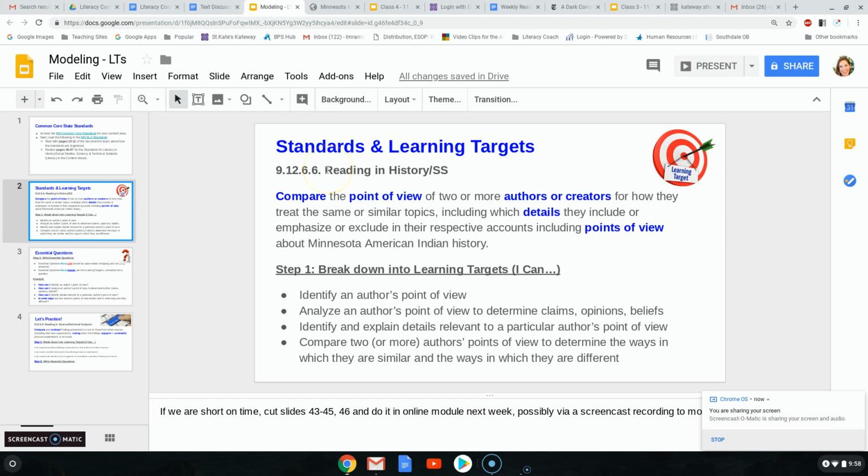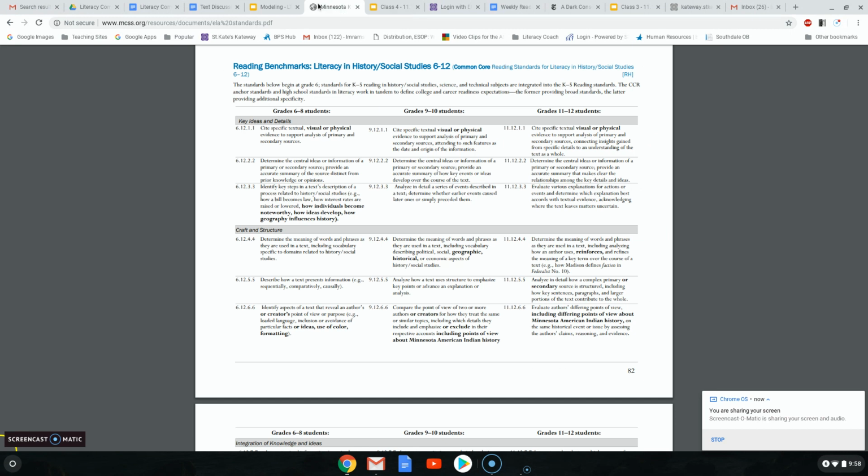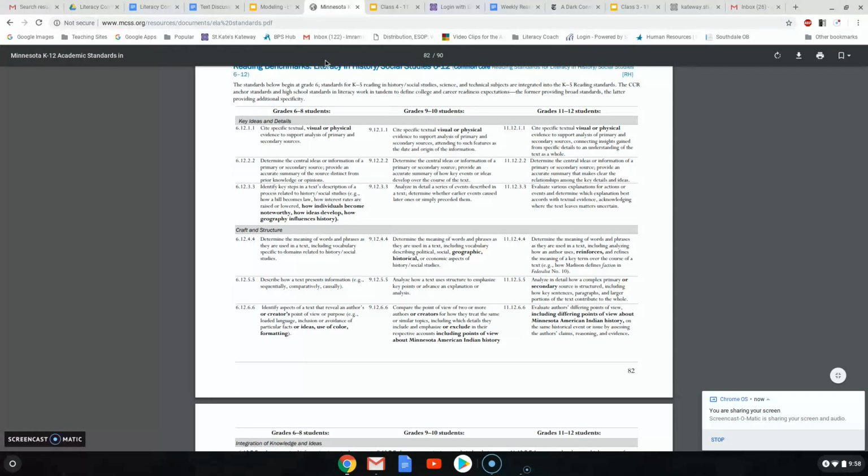So for modeling purposes tonight, I selected standard 9.12.6.6 for reading in history and social studies. What that looks like in the actual PDF standards, there's the reading benchmarks for literacy and social studies. And you can see grades 9 to 10 students. You can see the first number is 9 for 9th grade. And then if you look down here under craft and structure,